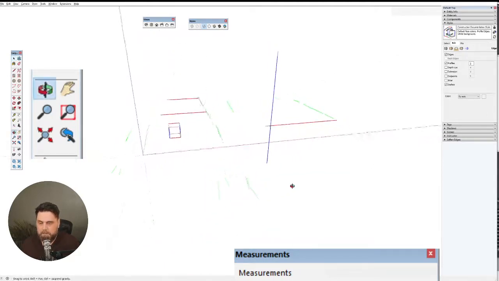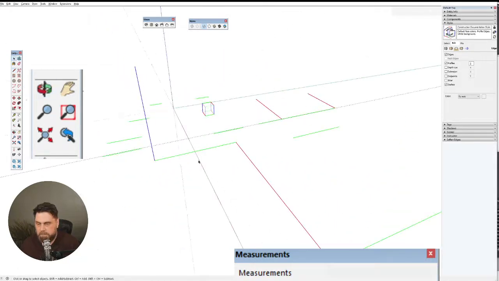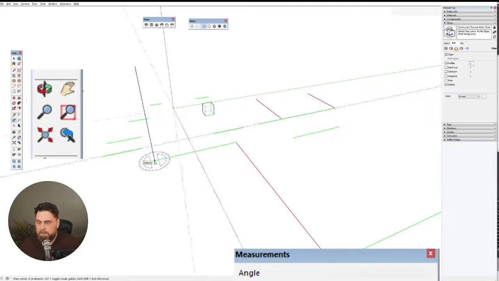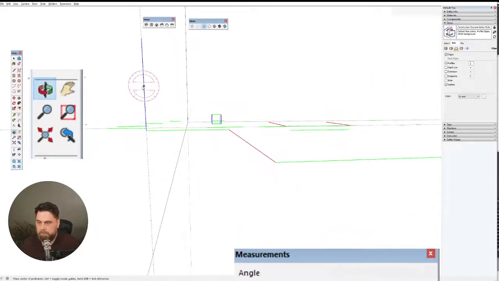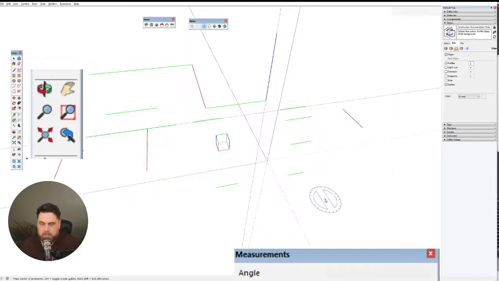But it's also 90 degrees this way. So if our red came across and over like this, it is also now 90 degrees, because this is going to be perpendicular. Again, if we went to the protractor and rotated that around so it's on the red, click there, come up, and you can see true 90 between there to there. All right, so now using those indicators to draw means that everything we draw is going to be